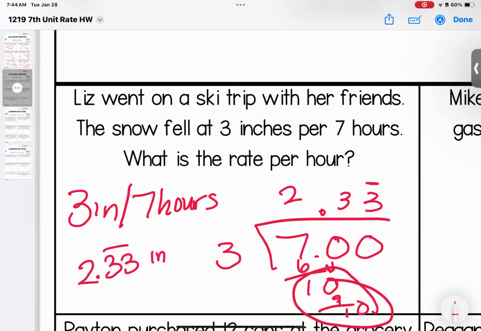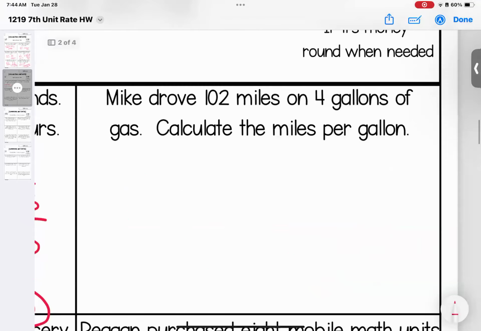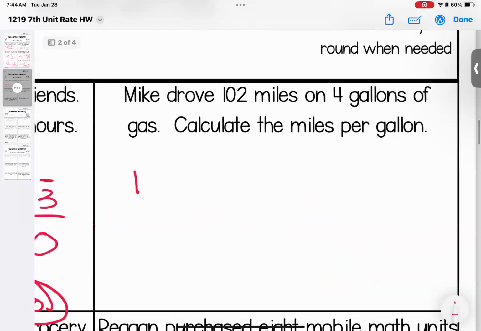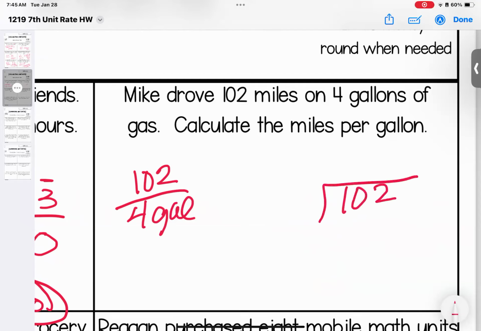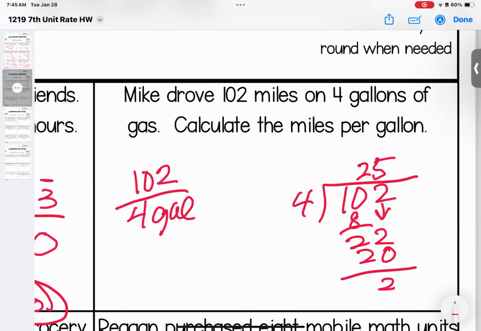2.33 inches per hour. Mike drove 102 miles on 4 gallons of gas. Calculate the miles per gallon. So it's going to go in 2 is 8. 4 times 6 is 24. 4 times 5 is 20. So 25.5